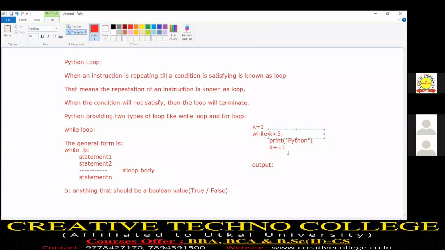1 is less than 5. You tell me whether the condition is true or false. Instead of B, we have written k is less than 5, so first of all we will evaluate k is less than 5. 1 is less than 5, so true or false? True. 1 is less than 5, that is true. Once the condition is becoming true,